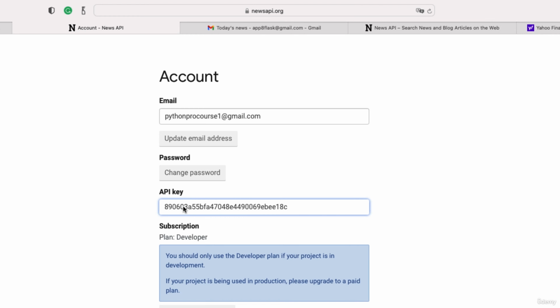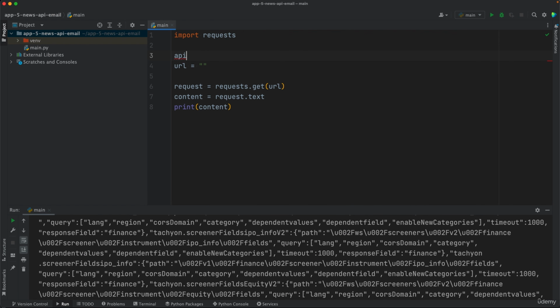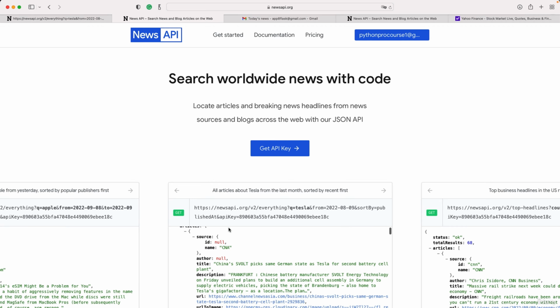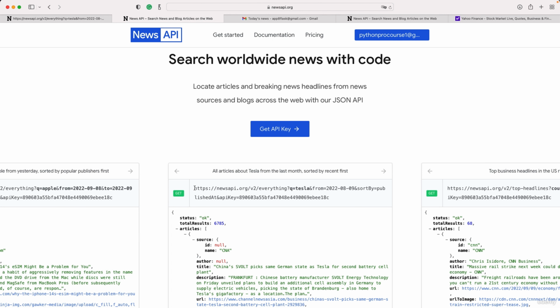And here you should see your API key. So copy that key and then go to Python, create a variable such as API key, and paste that key and store it as a string. So it should be around double quotes or single quotes. Once you do that, you want to go back to home, and here you should see the API documentation. For example, we have this example here. That's an example of a URL if you want to get news about Tesla. So if I copy that URL,